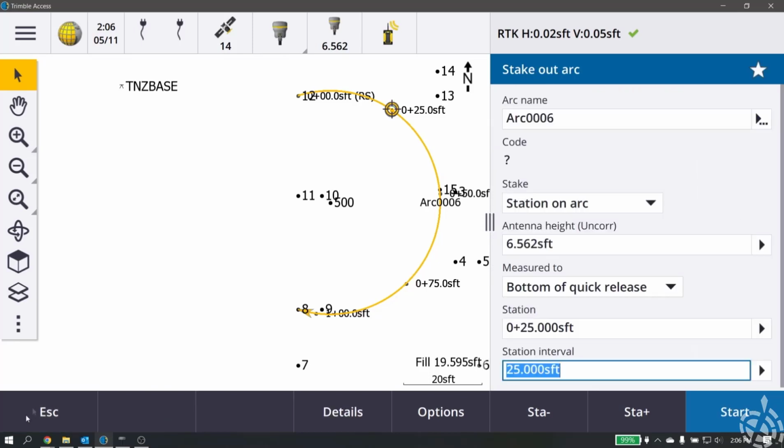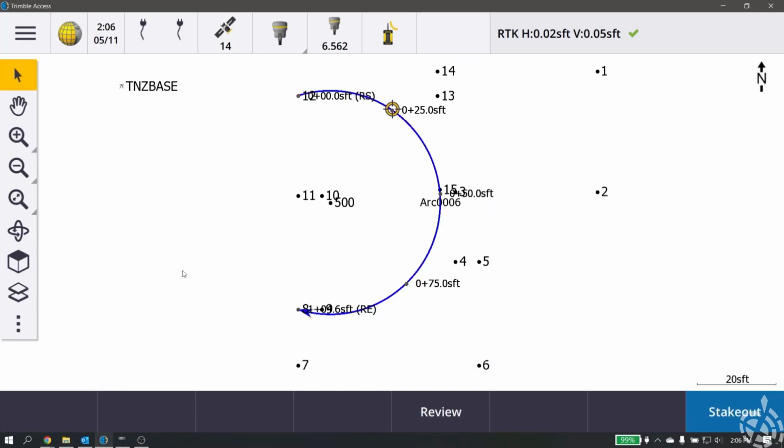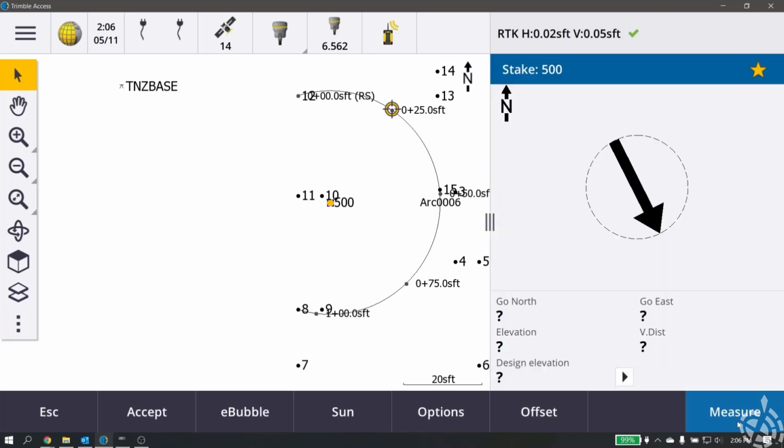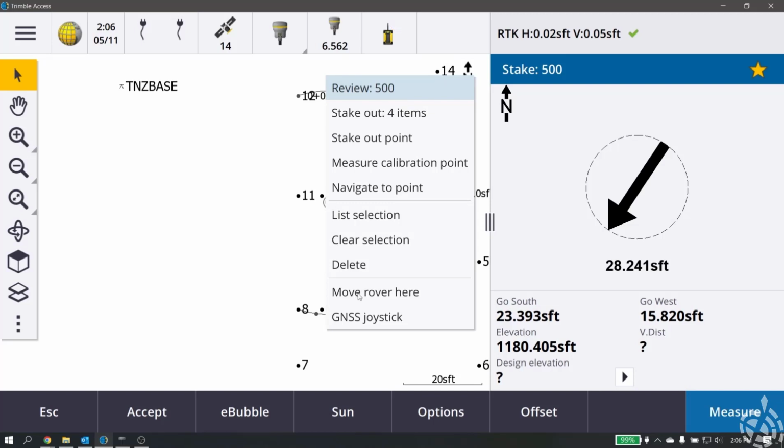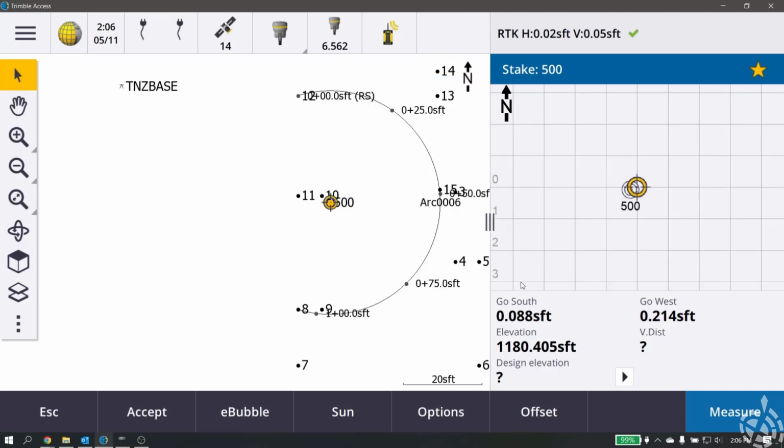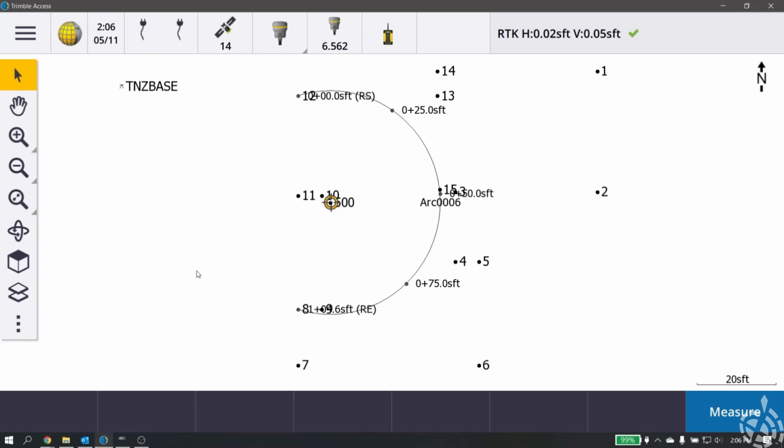If I want to stake that center point out, that's easy enough too. All I do is grab that point on the screen, hit stake out, and it tells me where to go. Easy enough. I can again tap and hold just to move my little virtual survey guy over there, and you can again see on the screen my directions and so on. Quick and easy. Next one I'm going to show you is creating an arc using 2 points